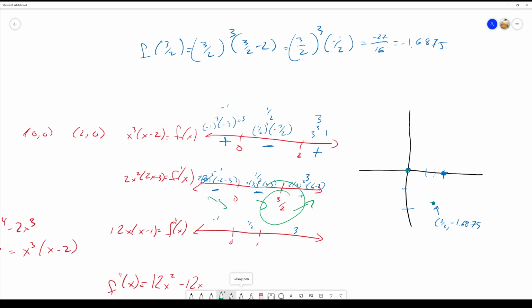All right. So let's finish this off, and let's do it with the second derivative. Take negative 1, I plug it in for x. I get 12 times negative 1 times negative 2, which is some positive number, which means that the graph is going to be concave up. If I plug in 1/2, I'm going to get 12 times 1/2 times negative 1/2. That's going to be a negative number, which means the graph is going to be concave down